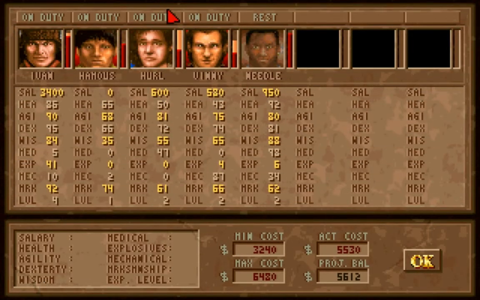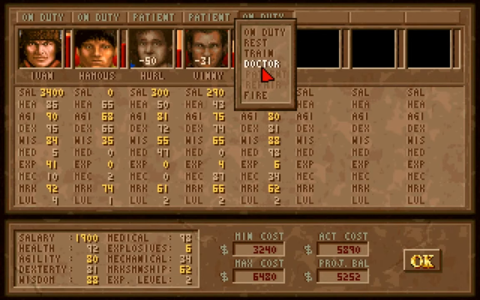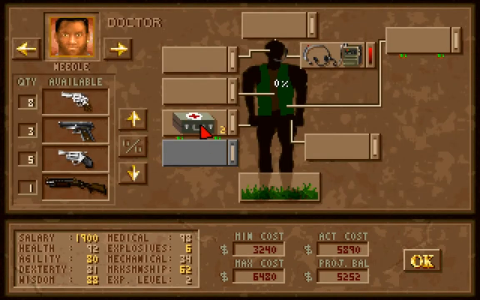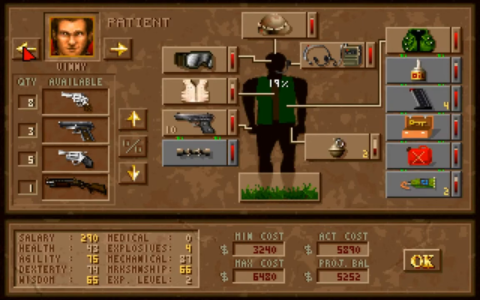Okay, and now 2 of our guys are going to go patient, and Needle is going to come on duty, and these 2 guys are going to go to the sector. Not on duty, but he's going to work as a doctor. Okay, he has 2 of these doctor's kits, and